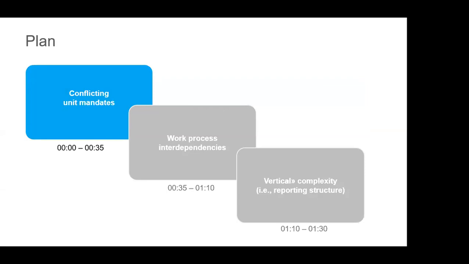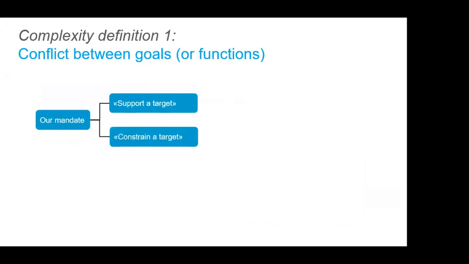So let me go into what I call the functional perspective, or the perspective where we talk about goals, strategies, missions, and unit mandates. Here we have a different definition of complexity to start with. I will give a specific example of what it could be, but there is a whole theory behind it. And if we consider a federal agency,